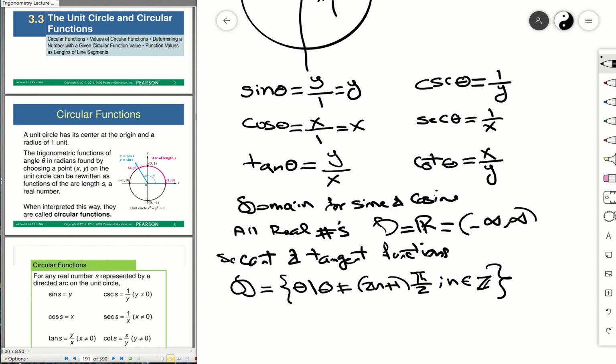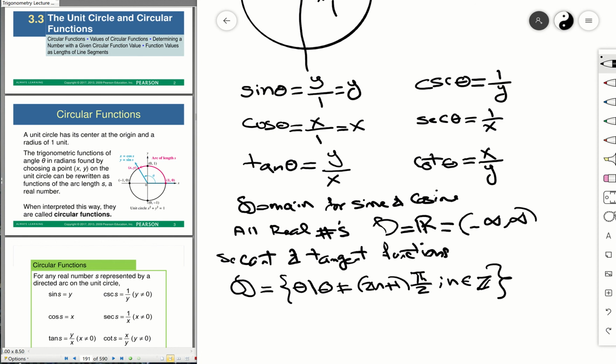Or you can plug in negatives. Negative 1 for n will make this negative 2 plus 1, which is negative 1. So play with that a little bit and you'll realize that this expression, quantity 2n plus 1 times pi over 2, will give you all the odd multiples of pi over 2. And we're going to go ahead and take those out of the domain for